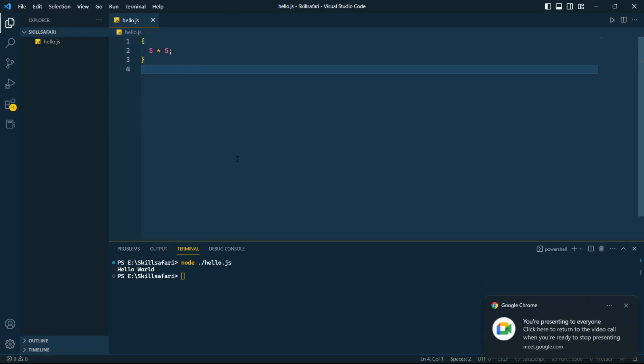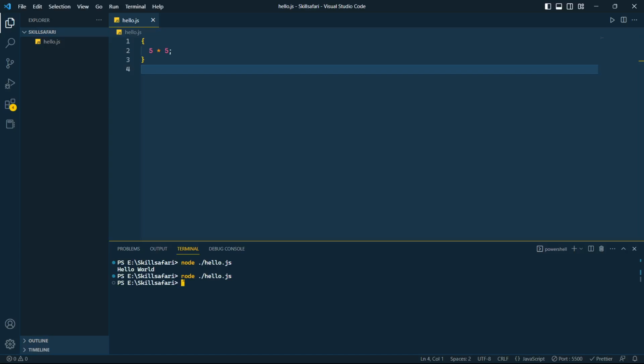So it will give a 25 value. And it is a totally valid JavaScript syntax. It has nothing wrong. So let's just see what it will give us. What happened? We are not printing it anywhere.